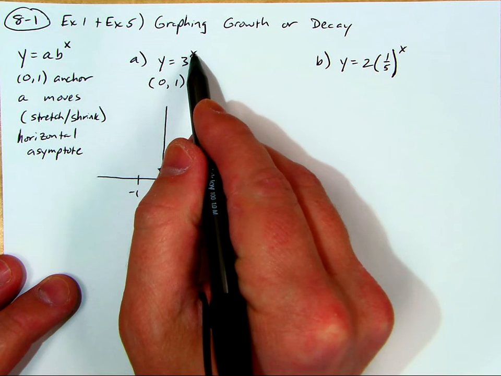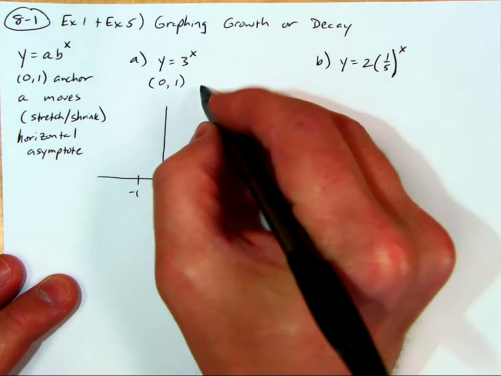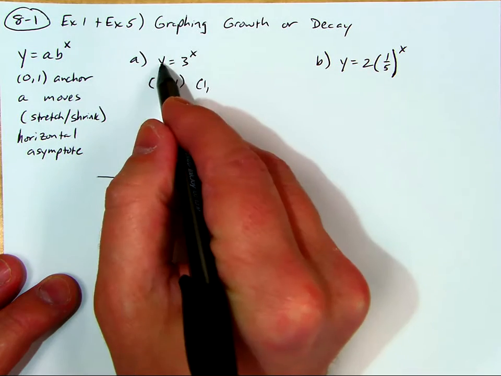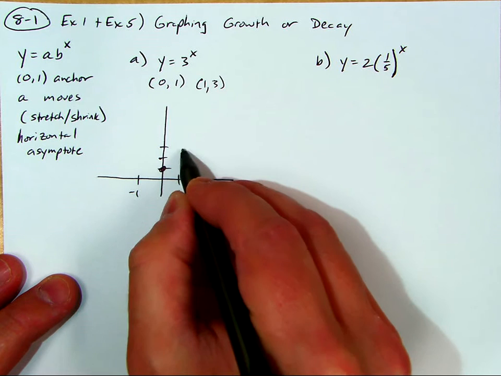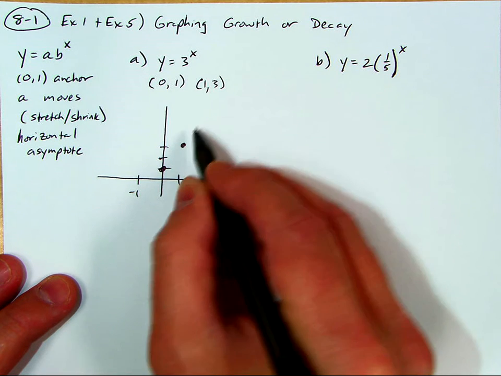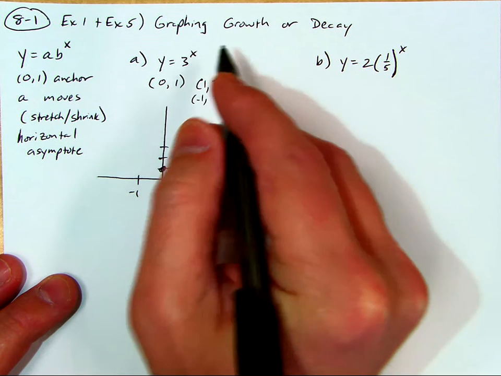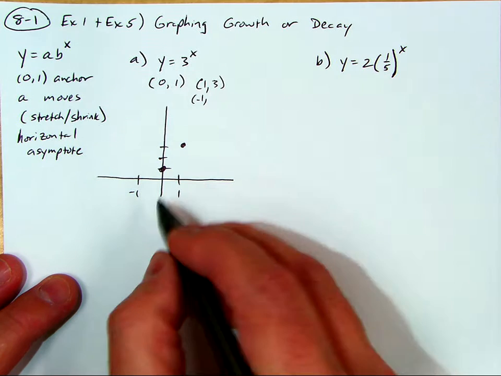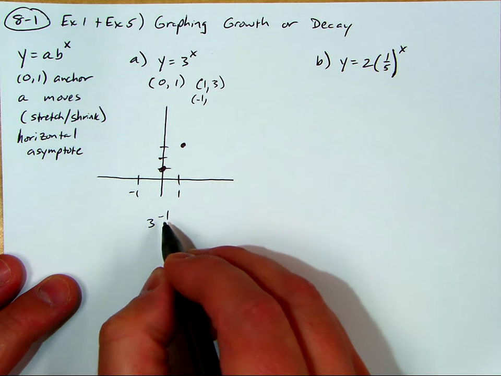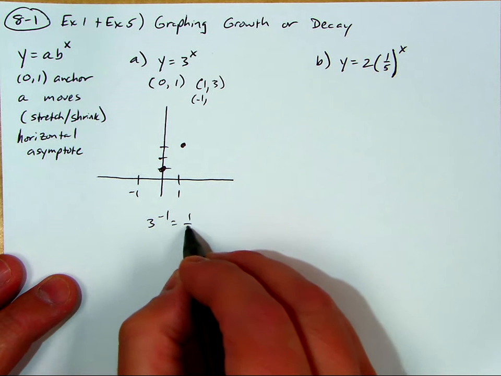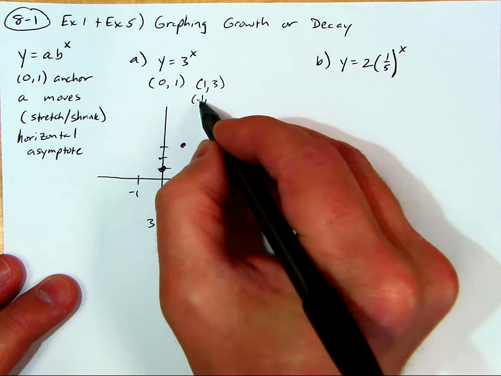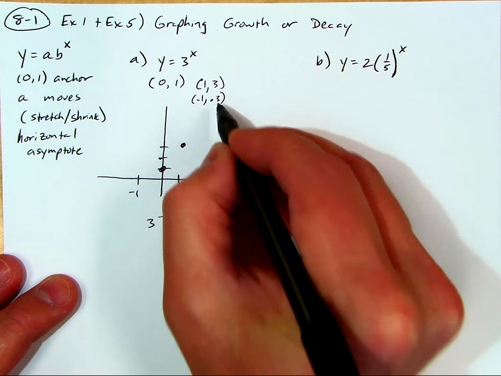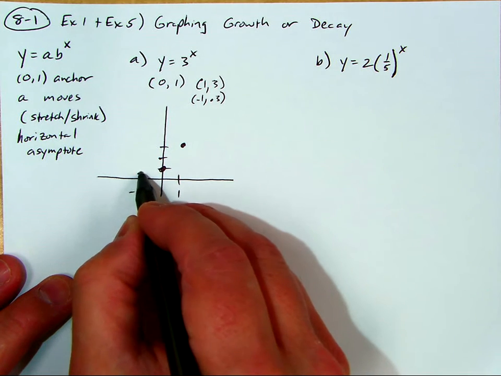3 to the first power is 3. So when we plug in 1, the point that pops out for y is 3. So we plot that point right there. 1, 3 is right about there. And let's do the same thing for -1. 3 to the -1 power, remember the rules of exponents, this equals 1/3, right? So it's about 0.3-ish. So when I put in -1, it's about 0.3, and you can eyeball it, and it's